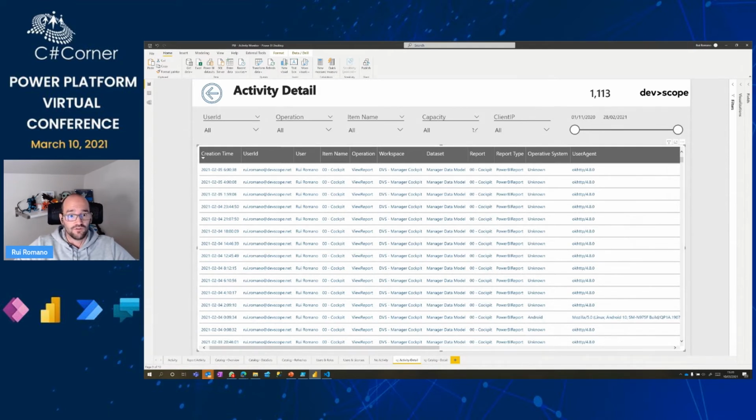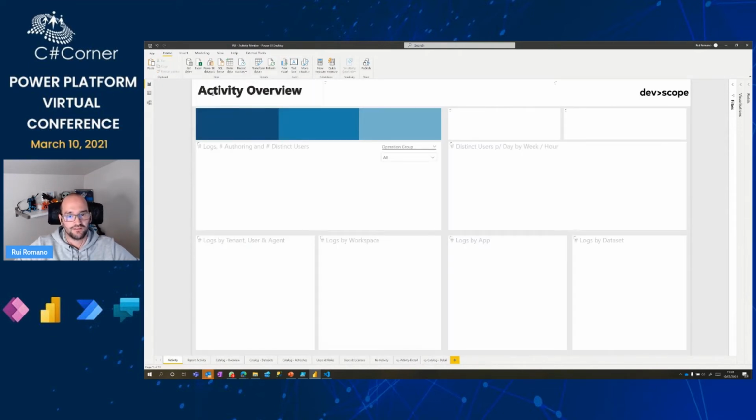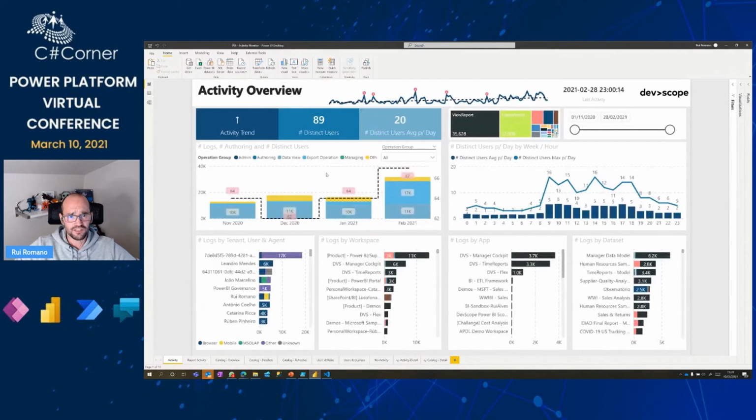So maybe someone left your company and it was asked to the Power BI admin, okay, I just want to know which reports that user just saw or viewed or exported data in the last 3 months. So you can very quickly, just with a few clicks, get that and provide that information. So activity overview,